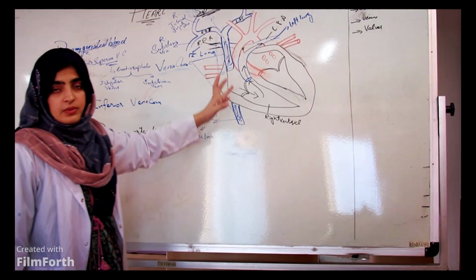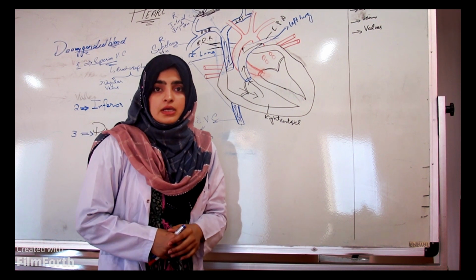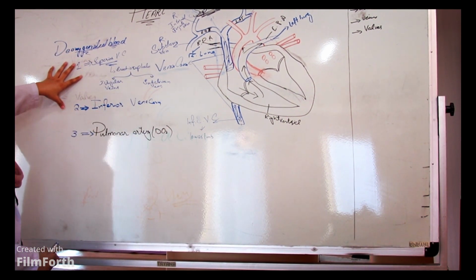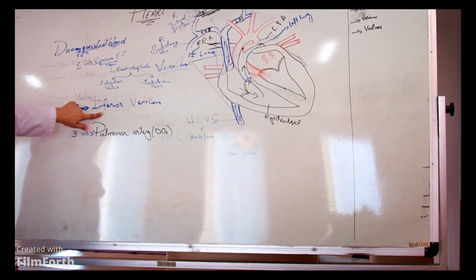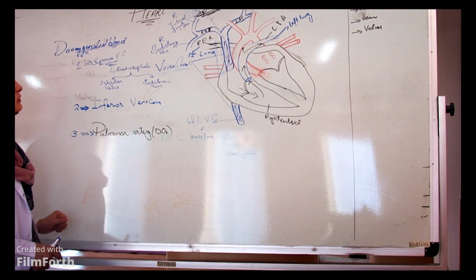And similarly with the veins, the vessels that carry blood towards the heart are called veins. So I think deoxygenated blood comes into the heart by these vessels: superior vena cava, inferior vena cava and pulmonary artery. Till here I want to review the things.